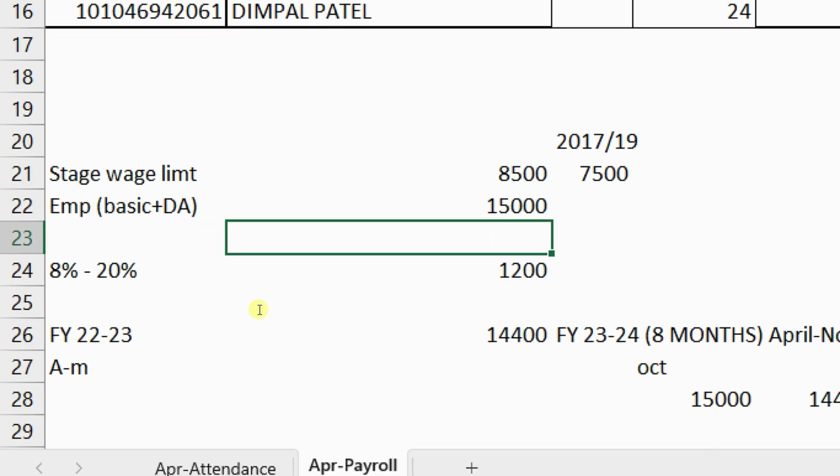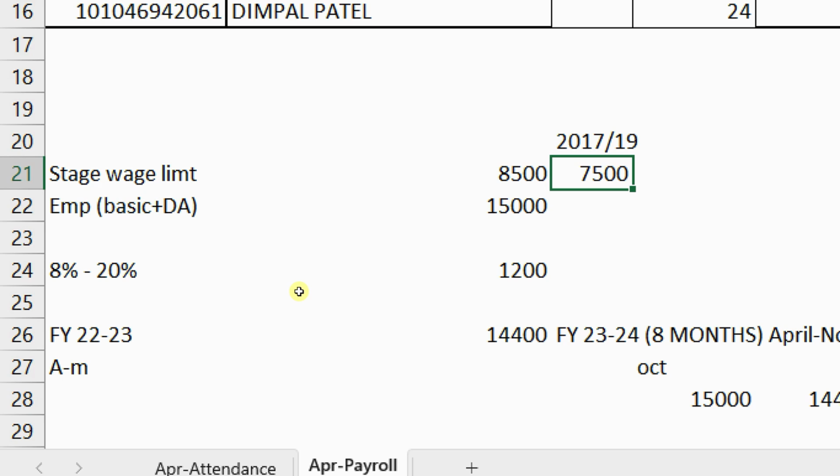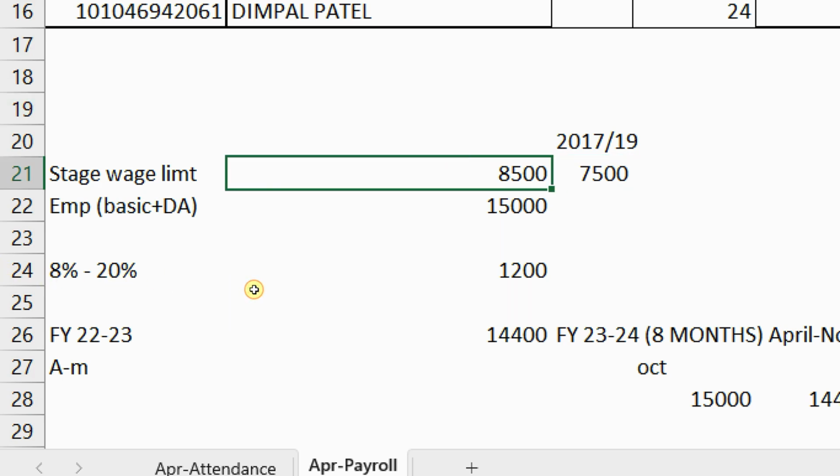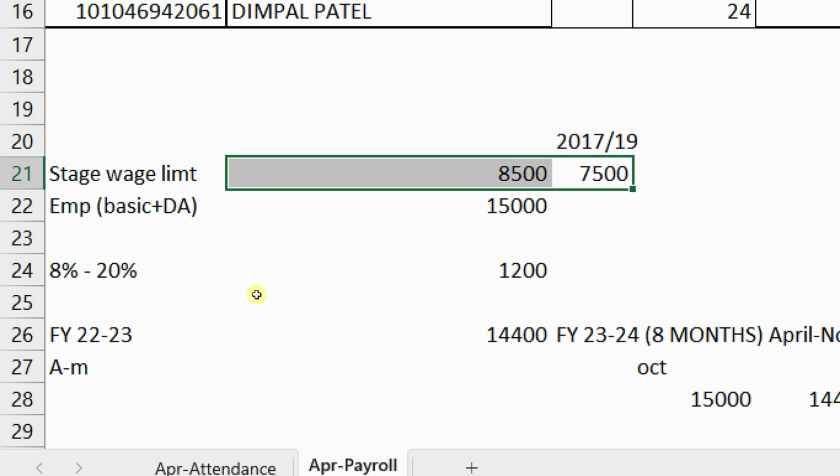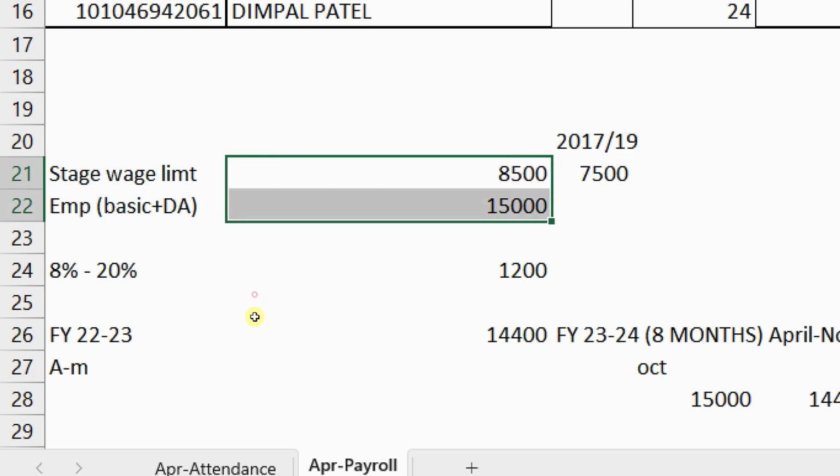Here, what is the country-wise wage limit? Country limit 7,500. Telangana state limit 8,500. Out of these both, whichever is higher? 8,500. Out of this, whichever is lower? Now you should consider